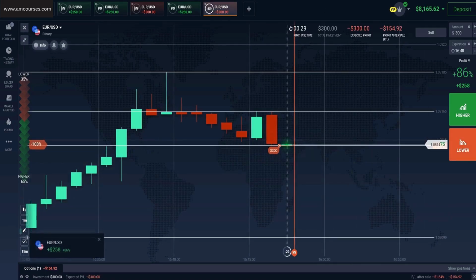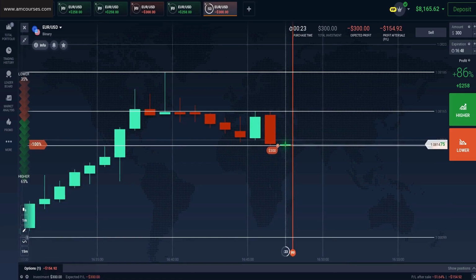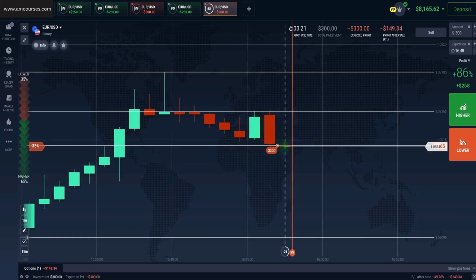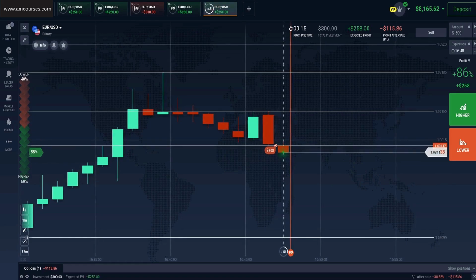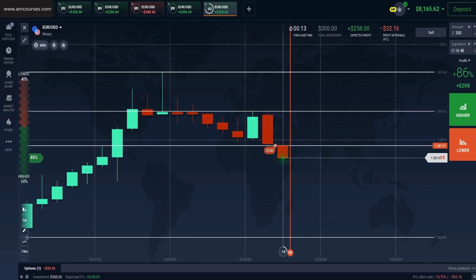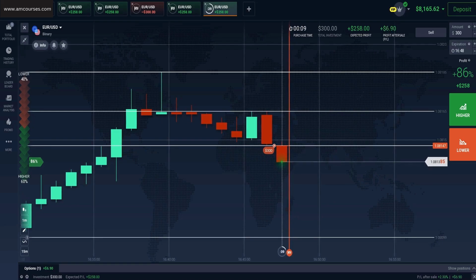Great news! Our 4th trade was a success. That's a strong recovery after the 3rd trade loss. And a great example of why it's important to stay calm and trust the strategy. Now, it's time for our 5th and final sell trade as planned. I've just placed the last 60-second sell trade and will now patiently wait for the result to complete our full trading cycle. So far, this session has shown us how to